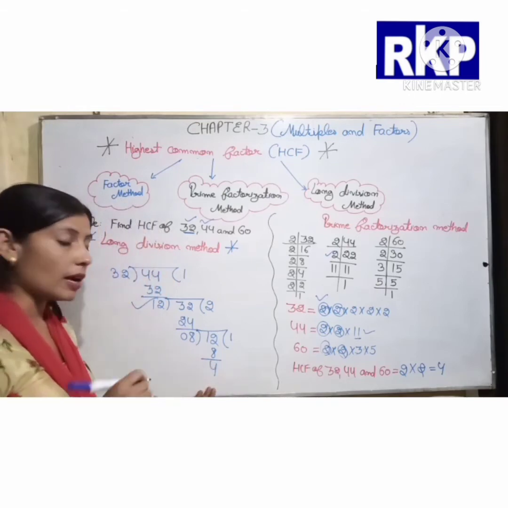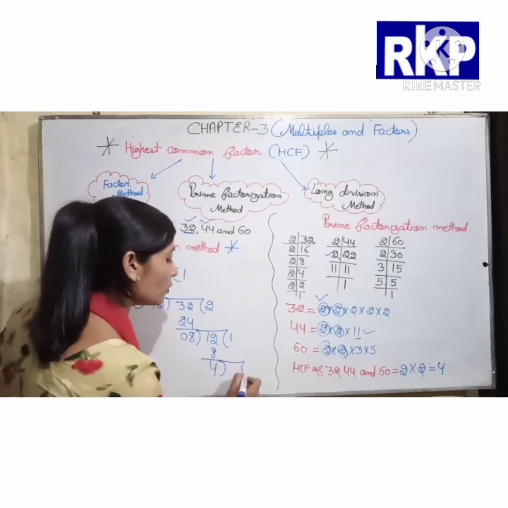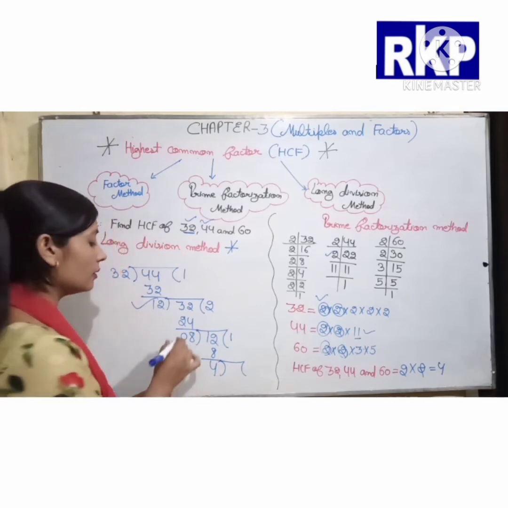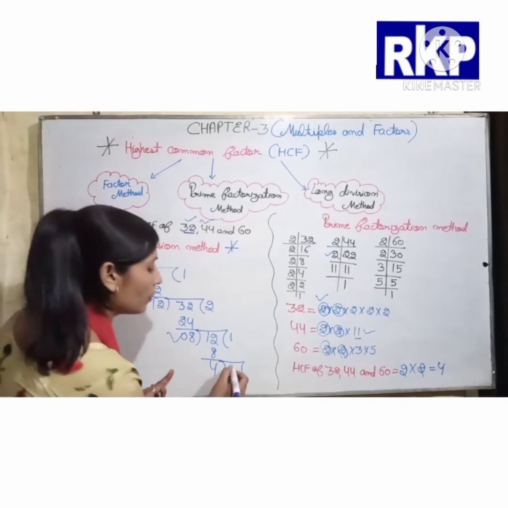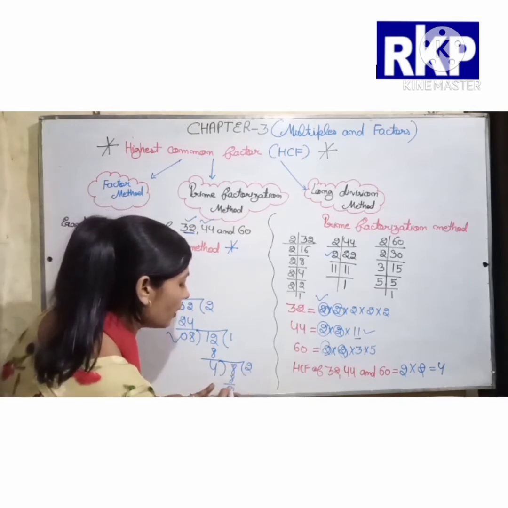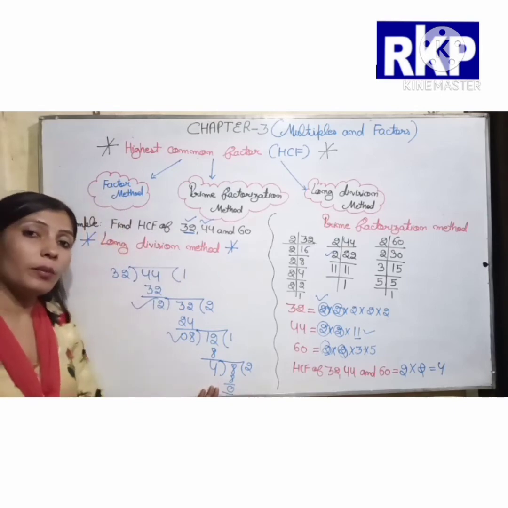Now again we have to divide. We have to make a sign of division, and here we have to write this. Okay, means 8. And now 4 2 jar 8. Now beta, our remainder is 0.